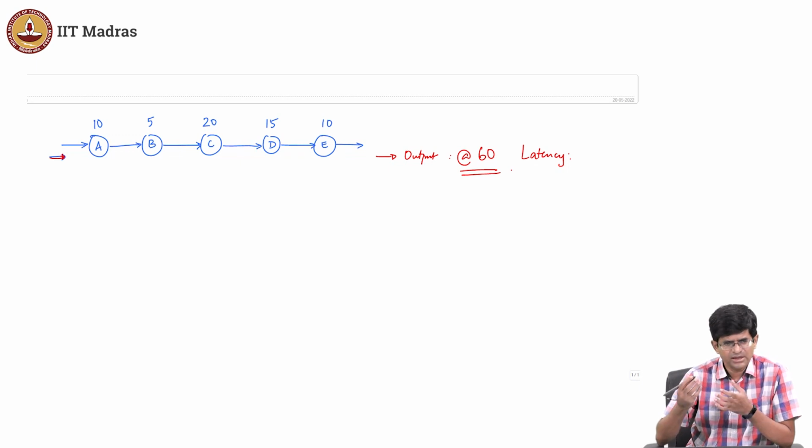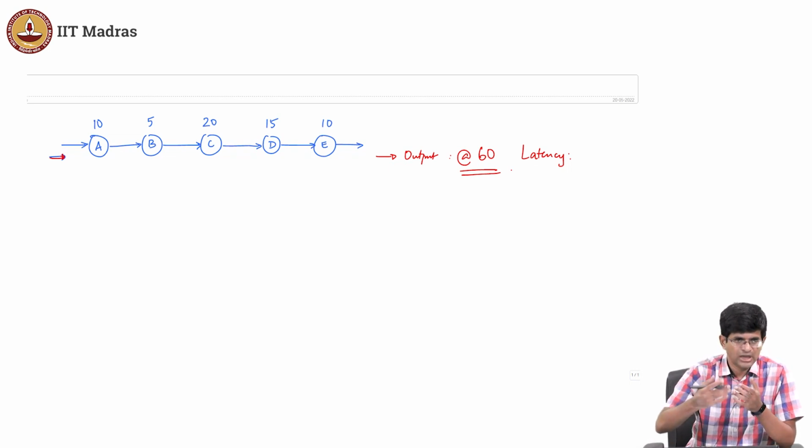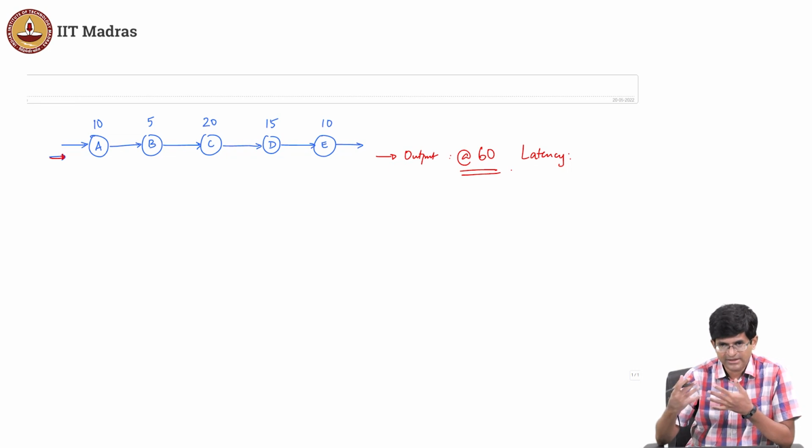Now you might have heard the latency also in the context of something like a web application, right? Why? Because ultimately I am making a request, let's say to Amazon or something of that sort. I am trying to load their page. I sit over there waiting, and after a certain amount of time, suddenly the data comes up over here. That time to first byte, the time to the first response that I am seeing, is my latency.